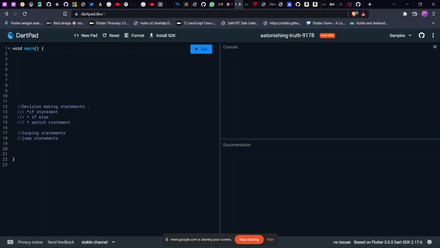Okay, so for looping statements, we have a few types of looping statements. You have the for loop, the for in loop, and we have the while loop also. We also have something called the do while loop. And then for jump statements, we have